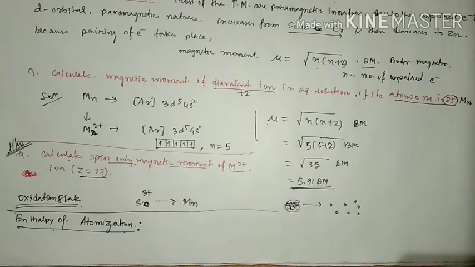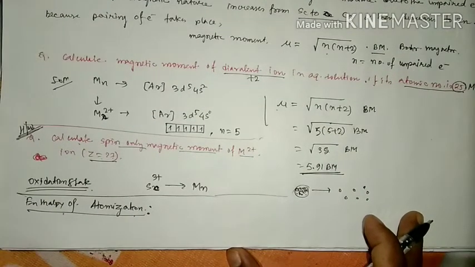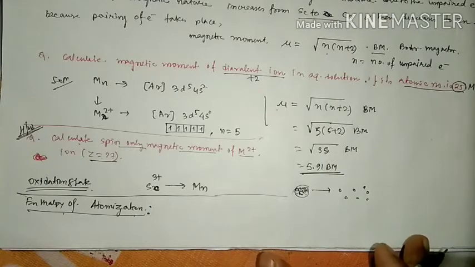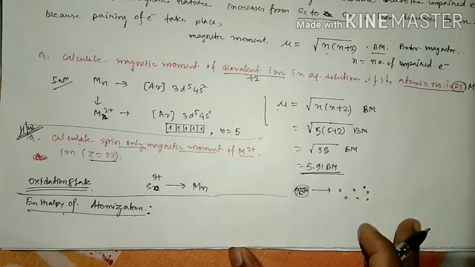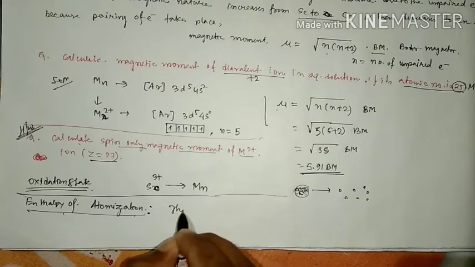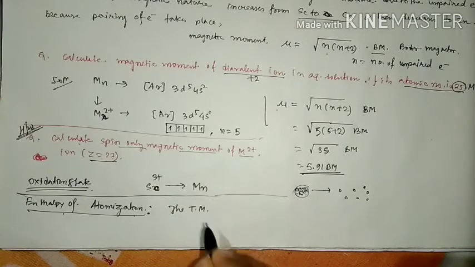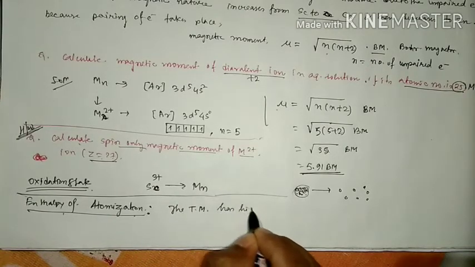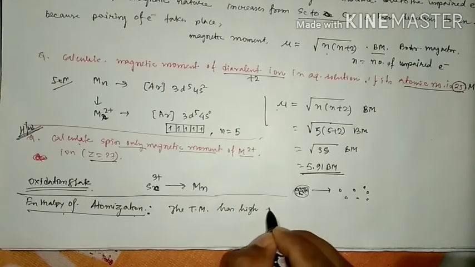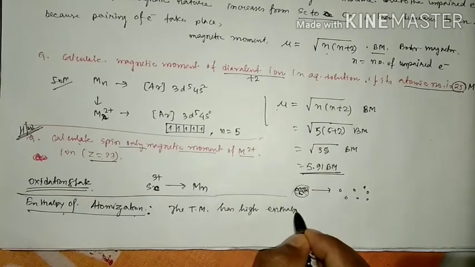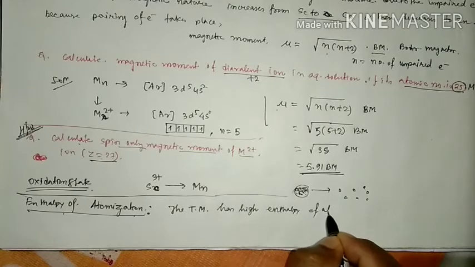Okay, now see how it is varied in between the transition metal series. Okay, now see, the transition metals have high enthalpy of atomization. The transition metal has high enthalpy of atomization